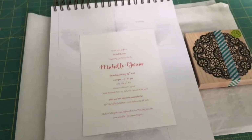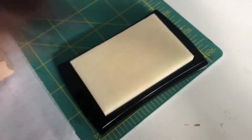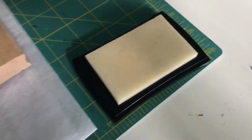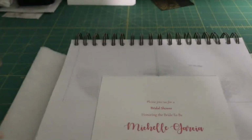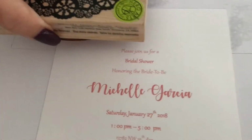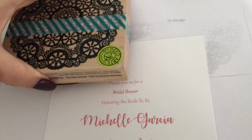And I have it centered so that I just have to go ahead and put, using the Versamark, it's translucent, the stamp liquid or the ink, so that's where we're gonna stick the embossing powder. So I'll show you right now. So here you can see the stamp is wet, and I'm gonna use this side of it, so I know that I'm gonna use this quadrant. And I'm gonna place it very carefully over my measured